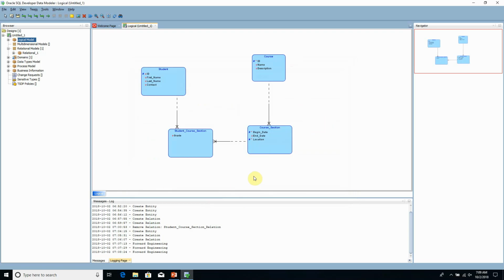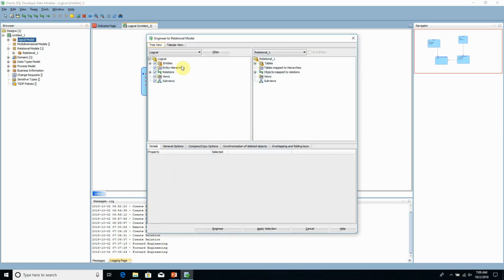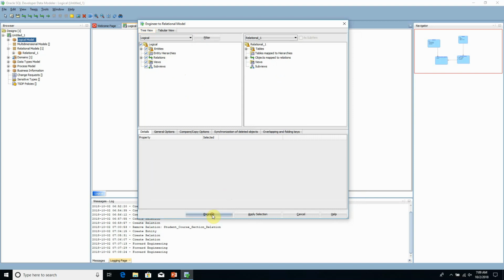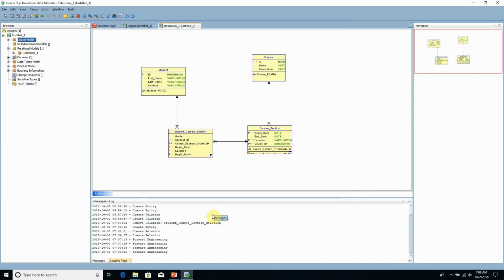That's a logical model, and now from this point we can engineer this model to the relational or physical model. We just need to press this button, engineer to relational model, and click here, engineer. And now we have our relational model. So as you know, in the relational model, entities become tables, attributes become fields, unique identifiers become primary keys,